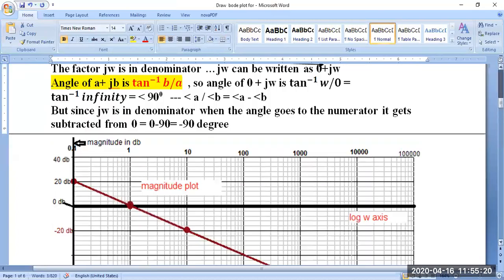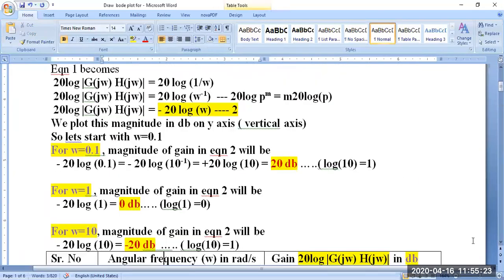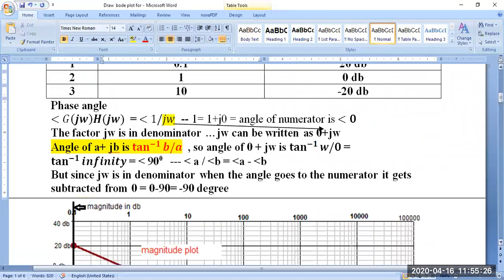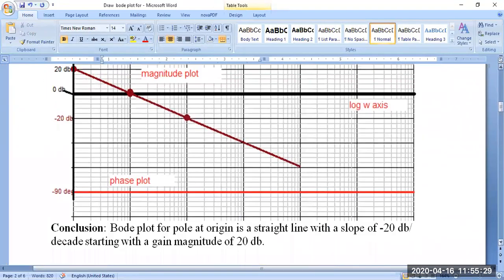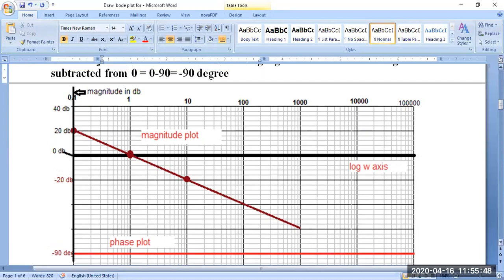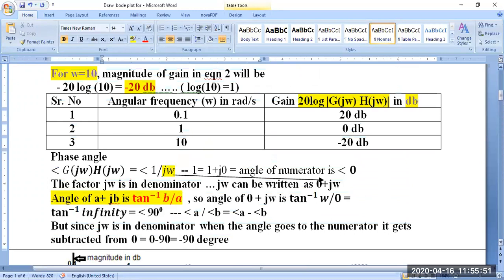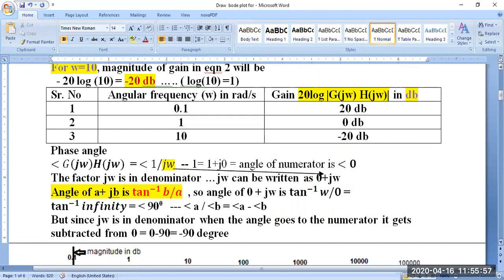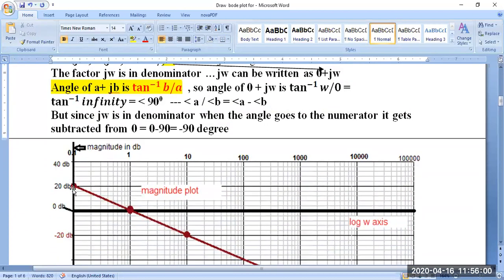So on the graph, you can see the graph correctly now. See here, magnitude in dB, this is the y-axis. So you can see 0 dB, 20 dB, 40 dB. So this whole line is called the 0 dB line, right? And here it is 20. So 0.1, 20. See here, the table contains 0.1, 20. So even in the graph, for 0.1, the point is 20.